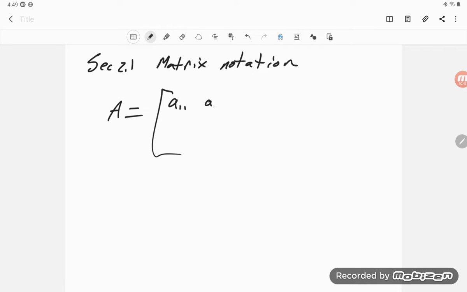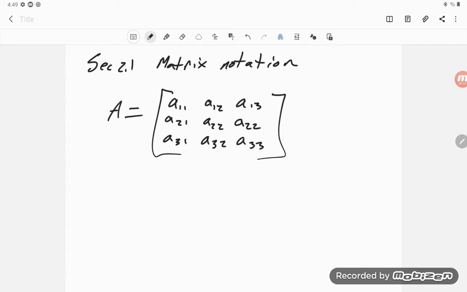have A11, A12, A13, and so forth, and then A21, A22, A23, and A31, A32, A33. And so then we also may generally talk about a matrix